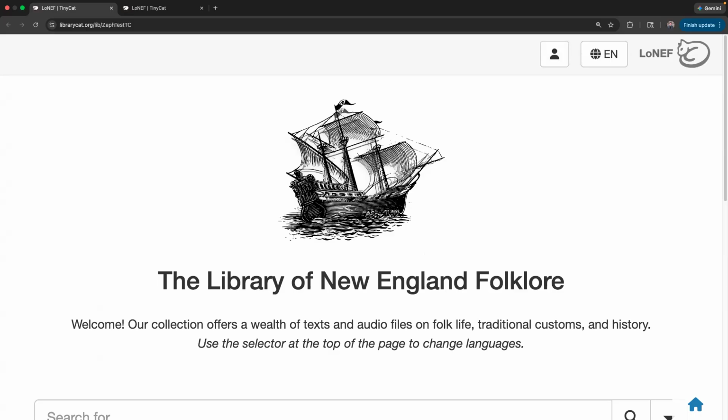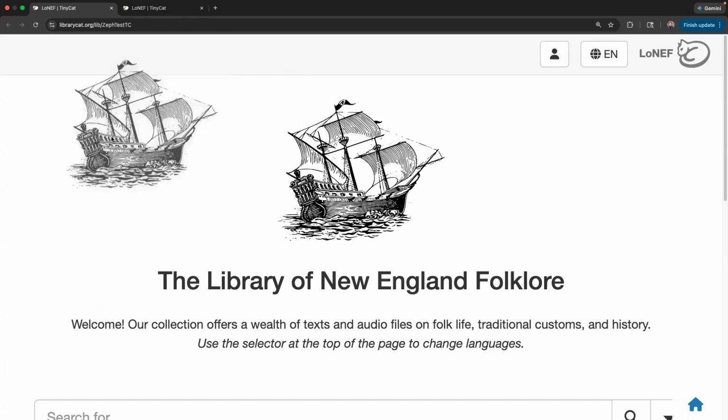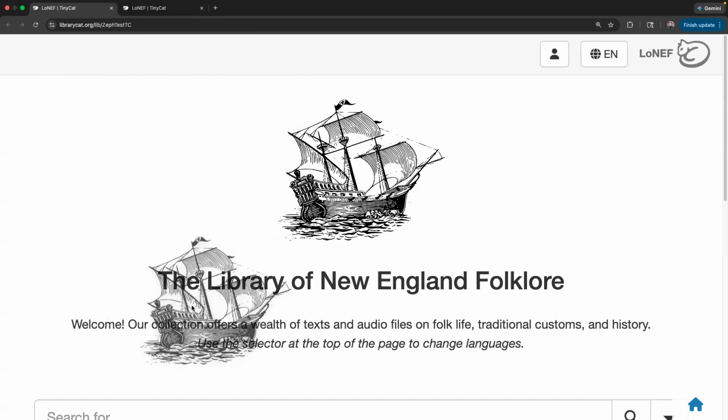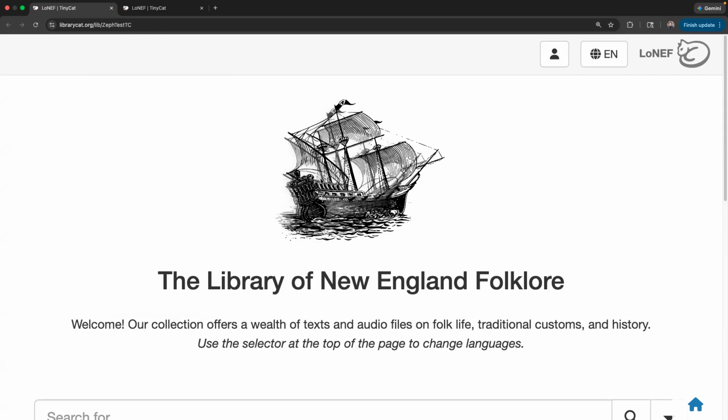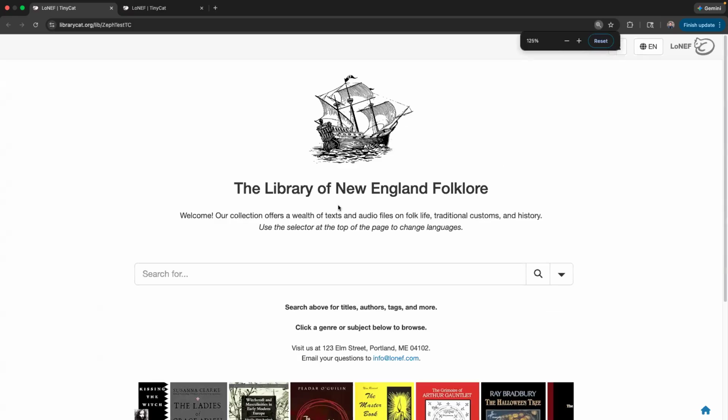This is an example of that. If I click this ship and drag it around the page, you can see there's no background behind it. It's actually a transparent background. But it would be just as good to have a truly white background, and then you'd see a white square traveling behind it if you dragged it. Either way, whether it's transparent or white, it's going to blend really nicely with the background of TinyCat,